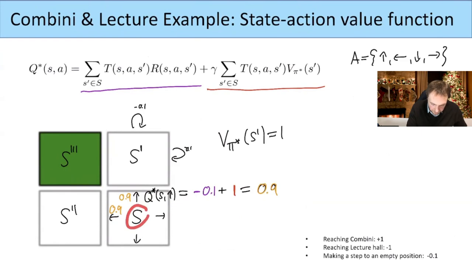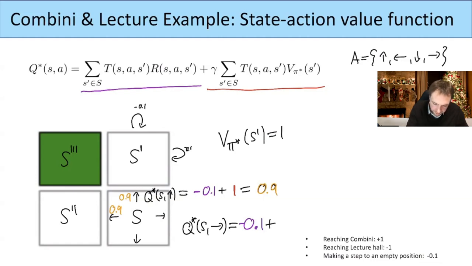But for this state going to the right, which in this example goes back to this state here, we lose 0.1 because going to an empty cell gives us an immediate reward of minus 0.1. So here, Q star of S going to the right is the immediate reward of minus 0.1,